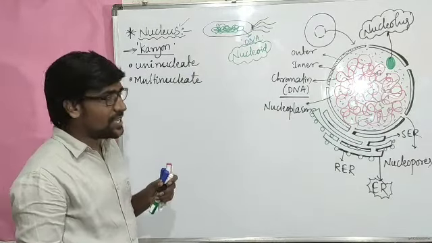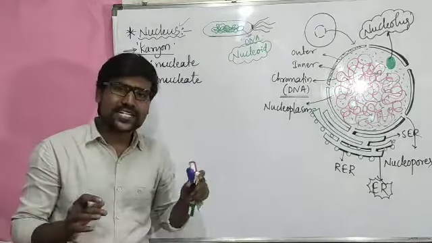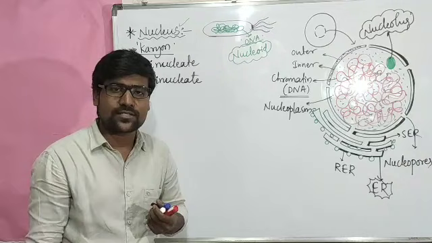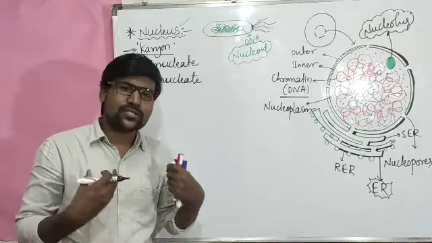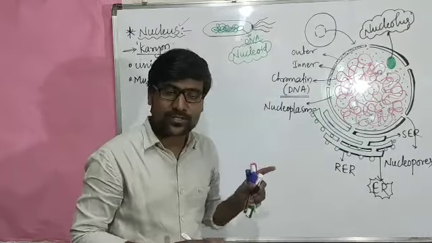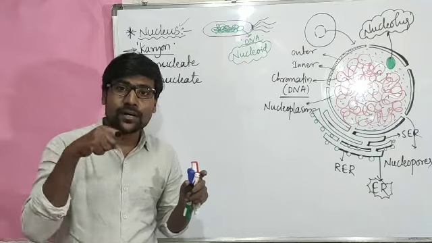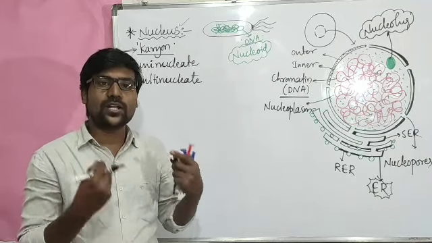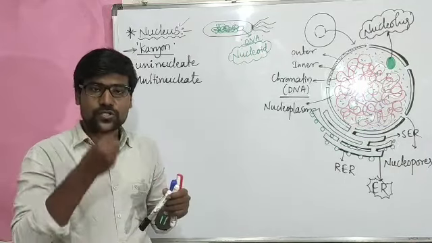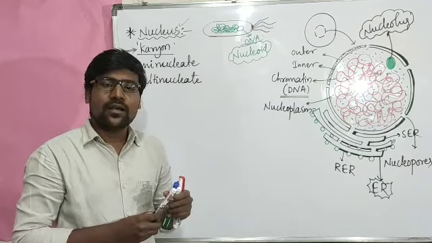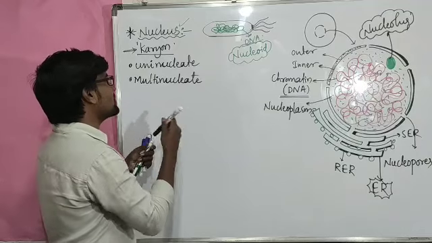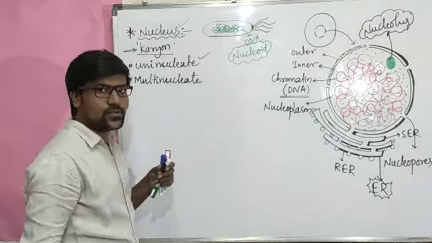What is its meaning? Usually most of the cells have just one nucleus, but sometimes a cell might have more than one nucleus. The majority of our cells have just one nucleus. But sometimes, if you consider our muscle cells, a muscle cell will have more than one nucleus. That is particularly the striated muscle in some cases, which performs more heavy work. So in some conditions the condition may be multinucleated, but in most cases it is uninucleated. So that is the thing.